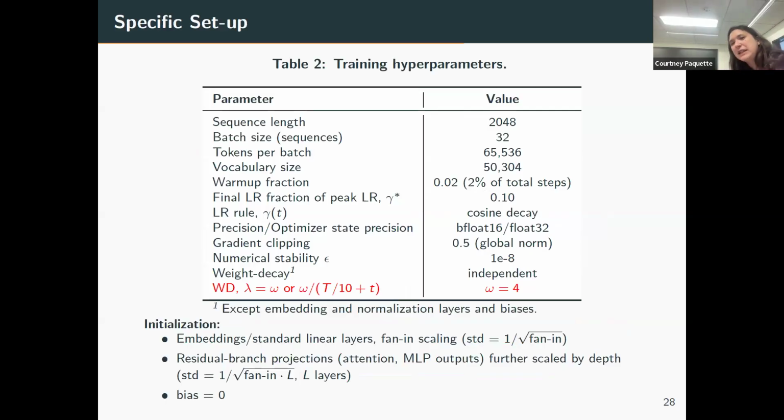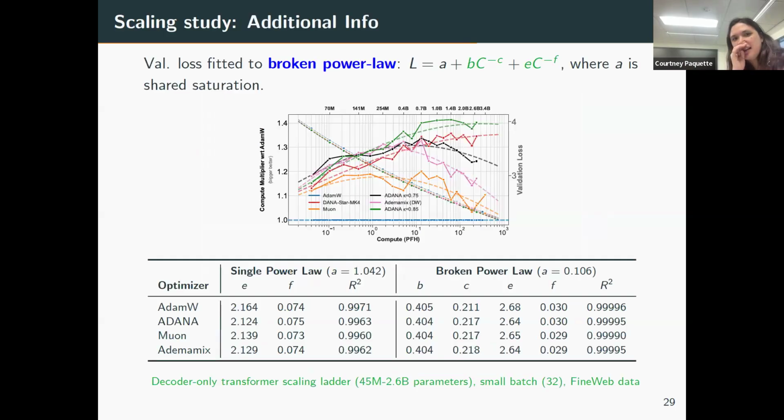I'll skip all of this, but basically this is about hyperparameters. If you're interested in this, it's stuff you might be absolutely interested in. We were trying to be very systematic, to be scientists about our power law stuff, because most people aren't very good about it. There are a lot of guesses of how your law should look. What we did is fit an A, which is sort of universal across all of them. If you fit just a single power law, you get worse performance. If you fit two power laws, you get better matching of the behavior.